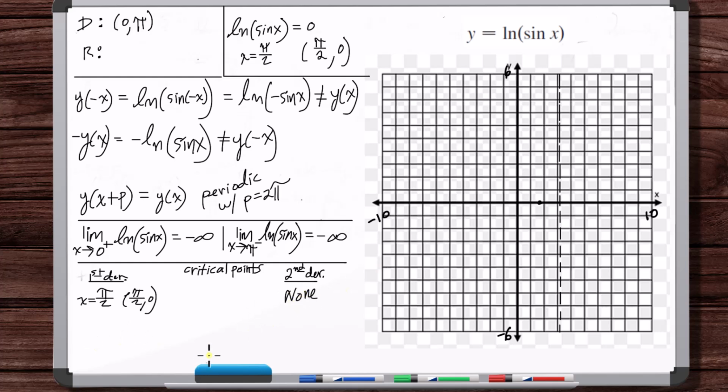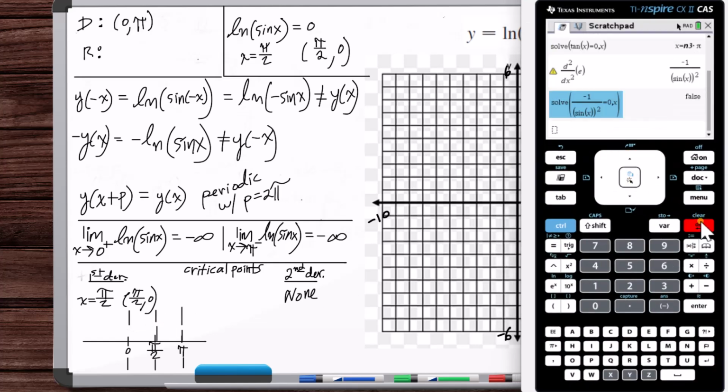Okay, now let's get the intervals of the increasing and decreasing intervals. So we've got 0 and then pi over 2, and then pi is the end of the domain. So we're really just looking at these two regions here. So, okay. Take d dx. All right. So we do